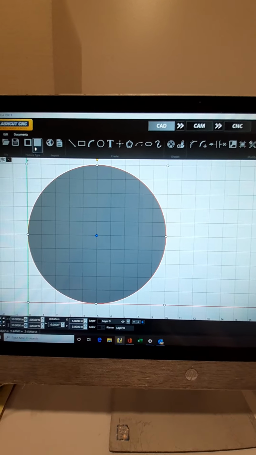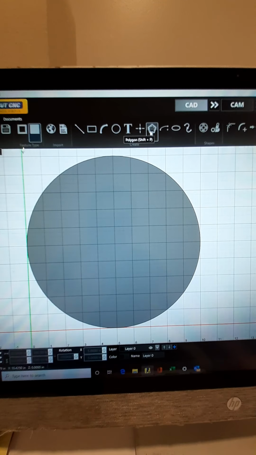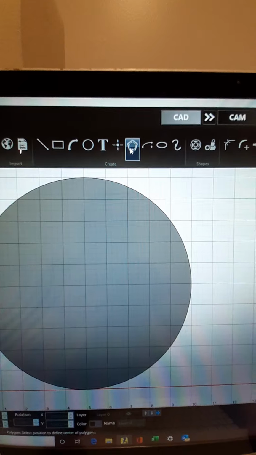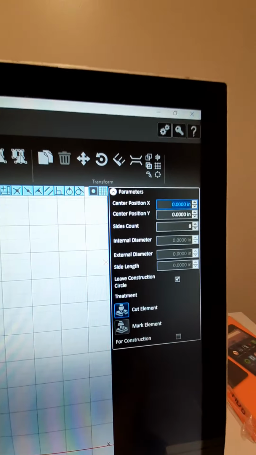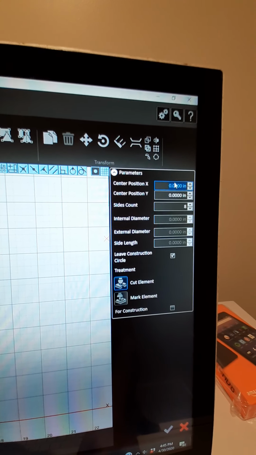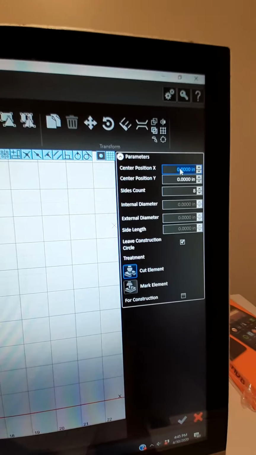Now our next step is to create the polygon inside the circle you requested. So in order to do that, we'll go to Polygon. You had 8 sides, so we have 8 sides. And you can enter where you want this to start, or we can click and drag. I'll tell you what, we'll try it both ways. So we'll come to 5 and 5,